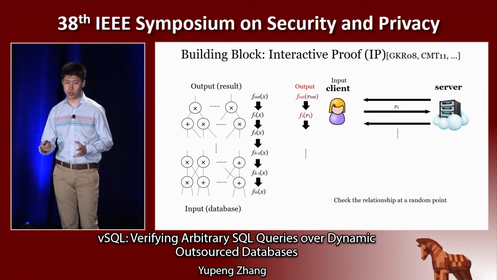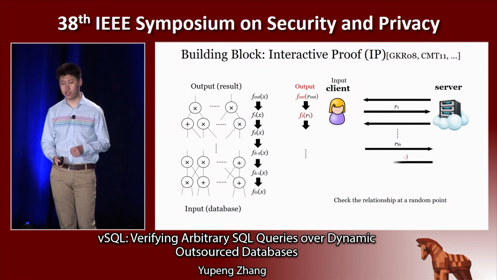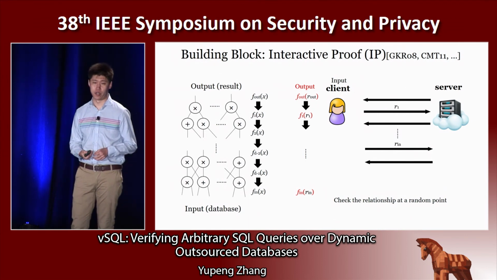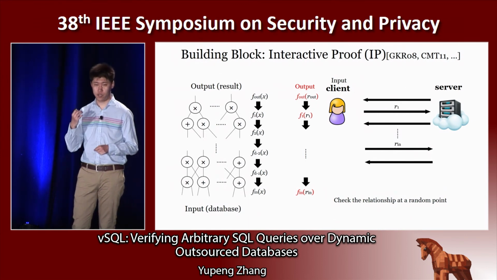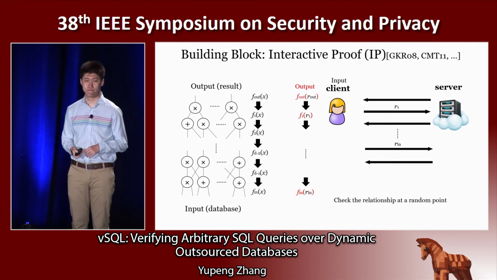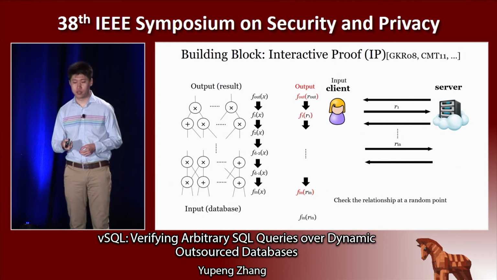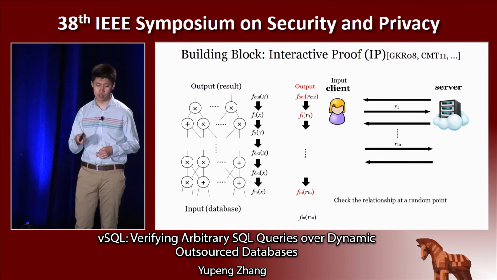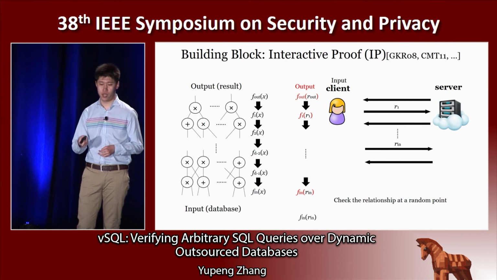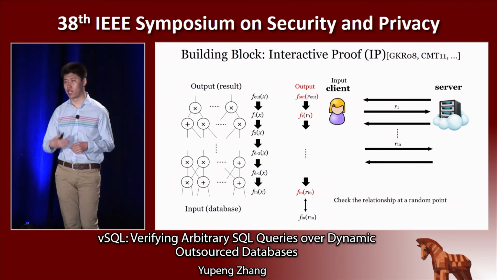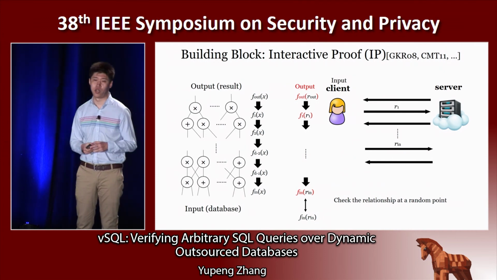Similarly, they repeat the process layer by layer, and at the end of the protocol, the client receives a claim about the input layer. The reduction says that if this value f_in(r_in) is correct, the output is correct. How can she make sure of this? We require that the client should store the input locally, compute this f_in(r_in) on her own, and check that they are indeed equal. This completes the whole reduction and guarantees that the output is correct. And that's the whole protocol of interactive proof.